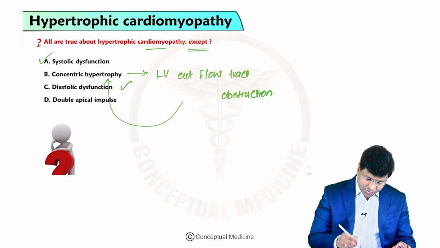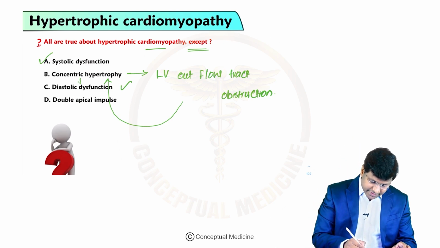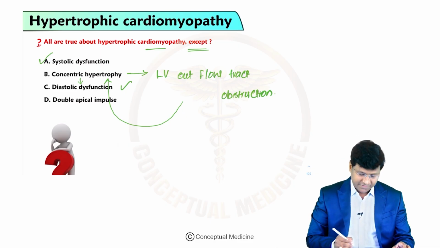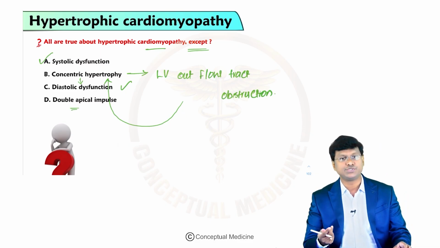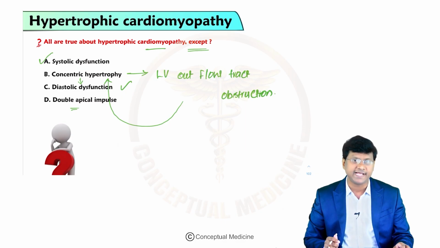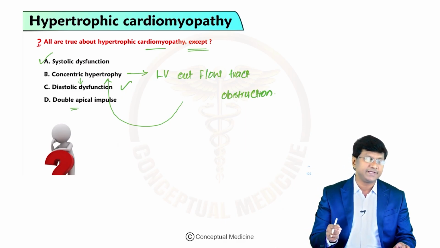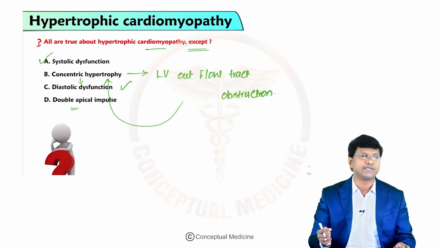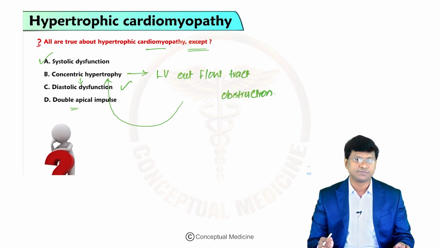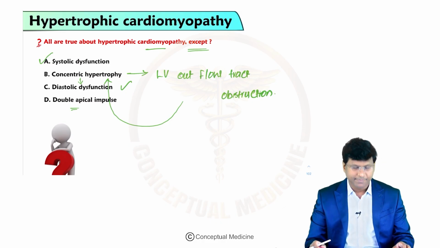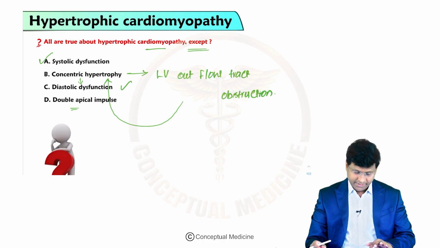Because of this concentric hypertrophy, the individual will develop diastolic dysfunction, and the double apical impulse is due to forceful left atrial contraction as well. So apart from the apical impulse of the left ventricle, there will be forceful left atrial contraction, which gives rise to a double apical impulse. So that is about hypertrophic cardiomyopathy. Next